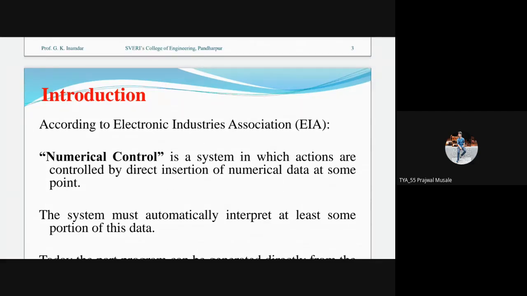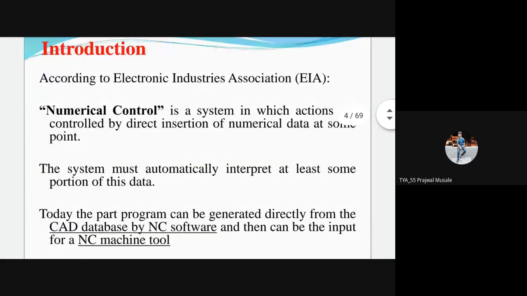In the name numerical control itself, it shows its meaning. According to the numerical data, the machine will be controlled, whatever that manufacturing process is. The system automatically interprets at least some portion of this data. Automatically, whatever data or program we have given in terms of numerical values,